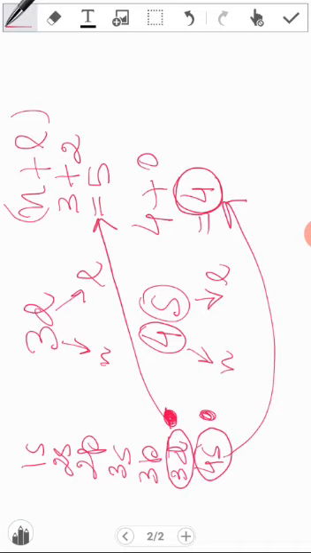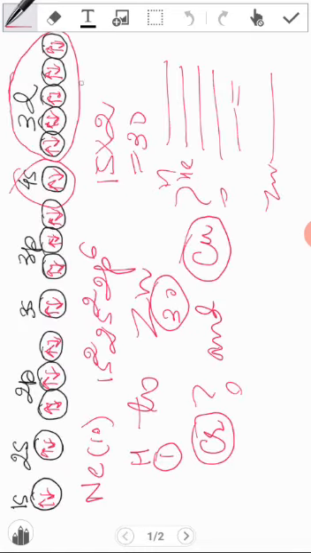So according to the rule, that orbital will be filled first whose energy is low. Some rules are there. In next videos we will study those rules. 3 very important rules are there to write electronic configuration: Aufbau, Hund's rule, and Pauli's exclusion. So according to this rule, 4s has energy 4, 3d has 5, means 3d has more energy. That's why it is filled afterwards. 4s has less energy, so it is filled earlier.